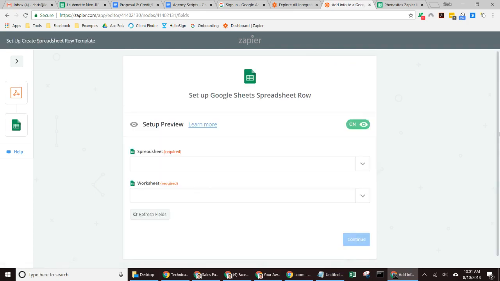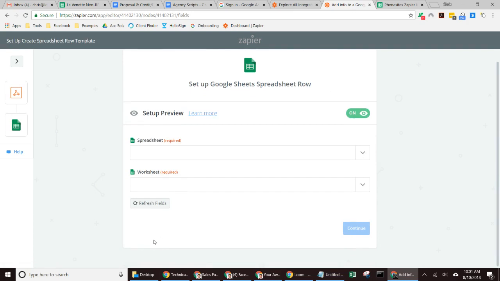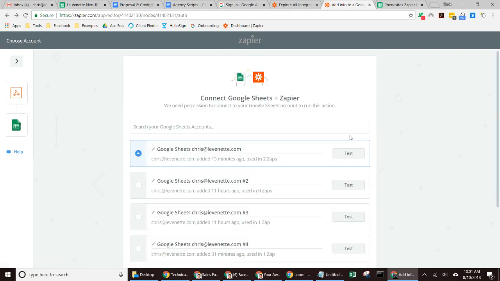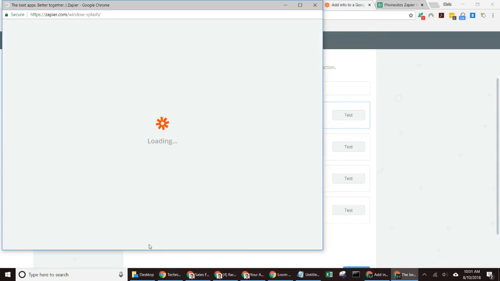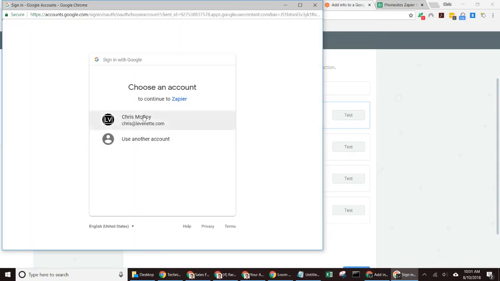I guess I should have showed you on that previous page, most likely it won't show you those integrations if you've never done this before. So what you'd have to do is, there would have been a little button. Let's see what happens if I go back. I should have done this. I'm sorry. Oh, all right. So if you didn't have these previous connections, then you'd select connect an account, and then a pop-up would show up, and it would give you options of different Google accounts that you could connect to, and that's what you have to do. You'd select that, and then